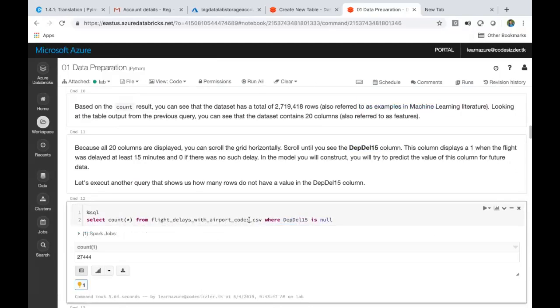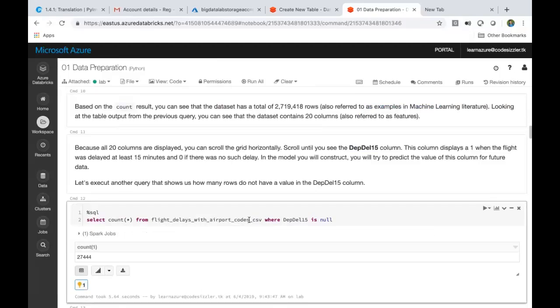Yeah, so basically maybe they have missed it out, or they might not have the data, or whatever it can be, right? Maybe they have taken the information but missed mapping whether it is delayed or not. It can be any case, but I'm not saying exactly that this is the case. But the data set provided by the data engineer or the source system has got some null values.